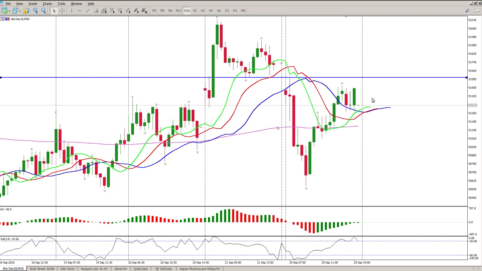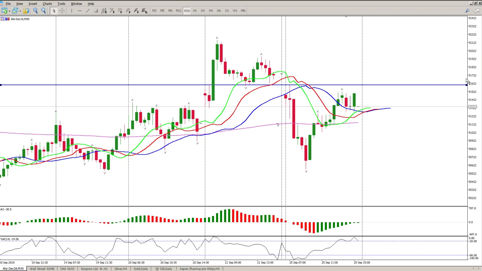Okay, so obviously I want to see a break of this to have full confirmation, and that's what we're going to be waiting for. But if I just take price action as a whole, you can see we had one move down, one move up, second move down. Now we've had one move up, there was a bit of a consolidation there, and then we had a second move, and now we're consolidating again. So if we just take that move there,